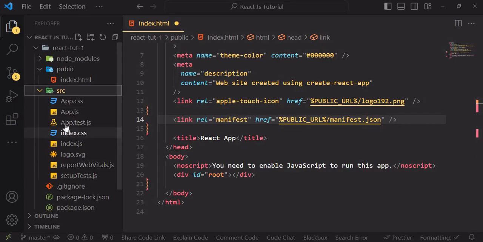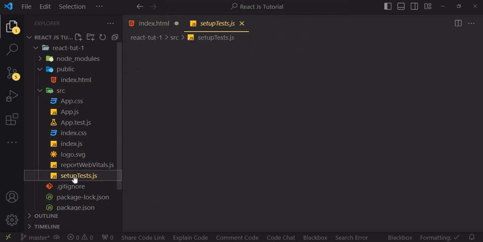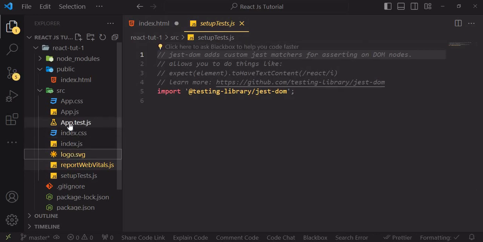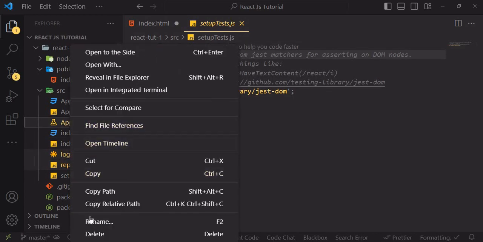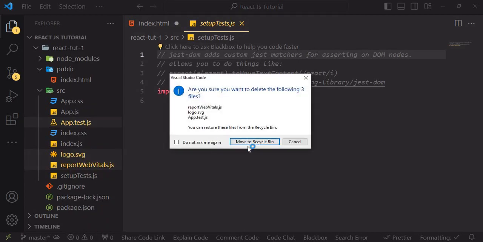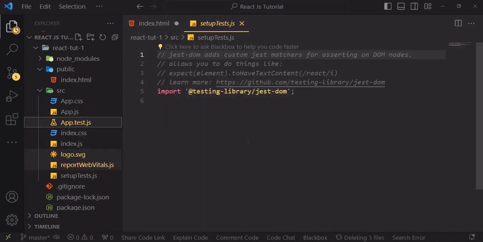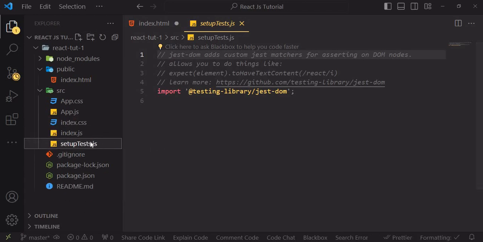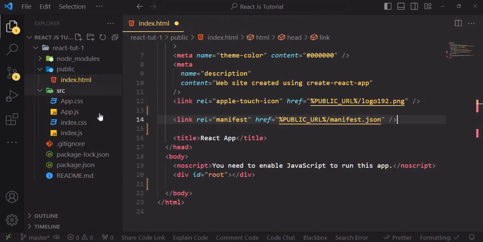So you see, you have components like app.js, index.js, all of these. But I'm going to delete this one. I'm going to delete this test set of tests. I don't need this. I don't need this. I don't need this. I'm just going to delete them. I'm also going to delete app.js and app.css, but let me just show you something. Let me delete this part here. Alright, so this is what we have. So let's look at